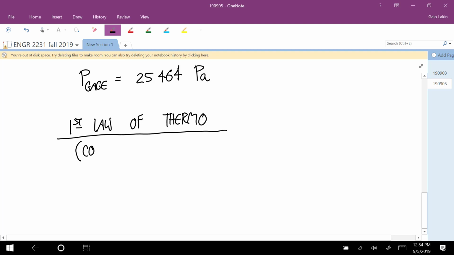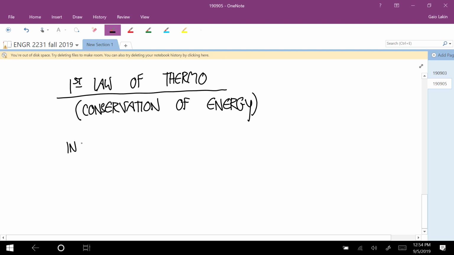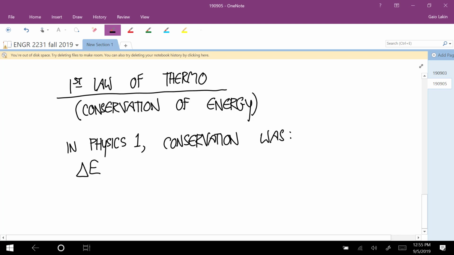And this is just a statement of conservation of energy. In Physics 1, conservation of energy looked something like: you might not have used the delta sign or the E or whatever, but what you were using was essentially the change in energy of your system is equal to W, where